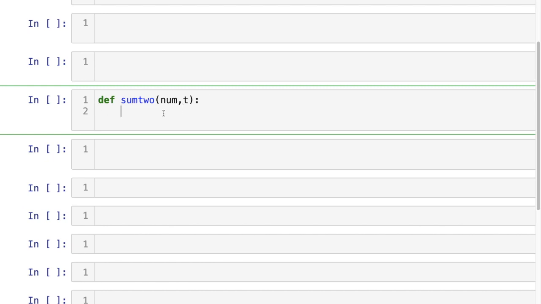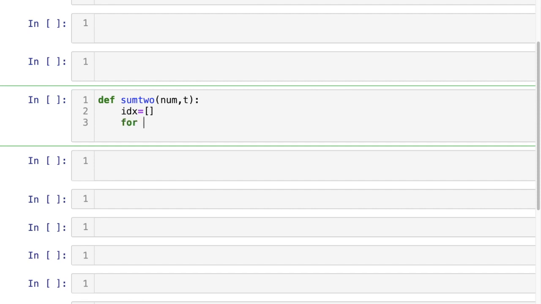We will simply take one list to append our result. Now we'll iterate for i in the range of length of num.